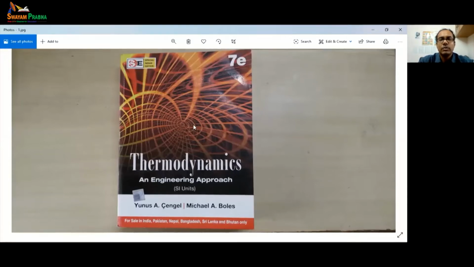Okay, so in this series of tutorial sessions, we are solving problems from this book to understand thermodynamics and the problem solving techniques. We are assuming that you have learned the chapters from the book in your classes, and here we are solving problems. Whenever required, we are touching upon a few concepts but not elaborating on them.